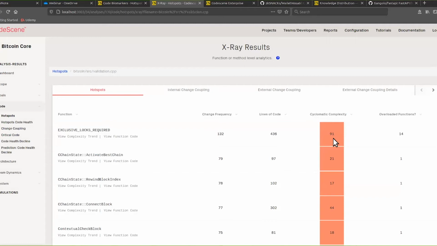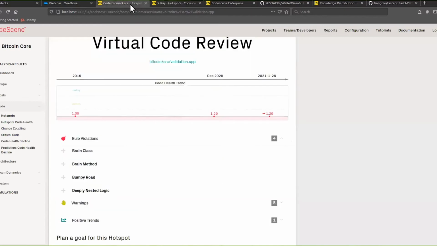So you can imagine that if you want to change this piece of code, it takes a lot of time to first find out what's going on in this method before you can really make your changes in it. That is something that you can find out here. And then, once you have found out what the technical debt in this piece of code is, you have analyzed it, and you have come up with solutions for what you want to change to make it healthier and better,